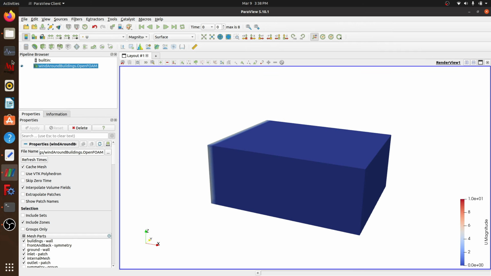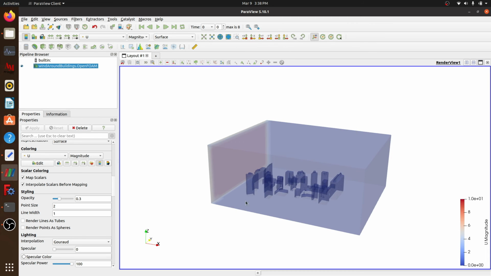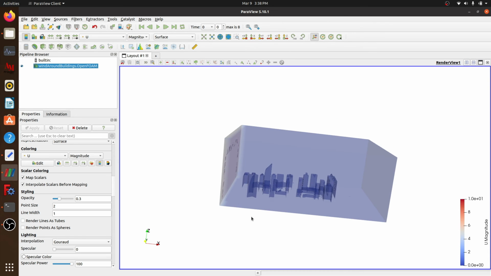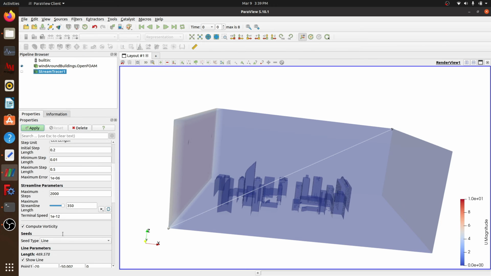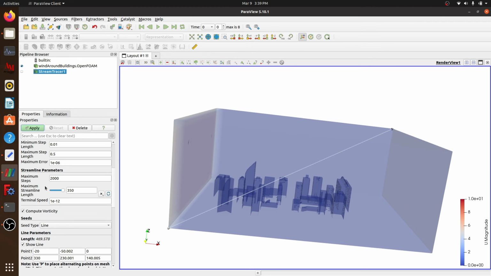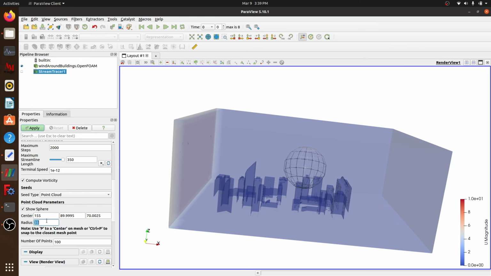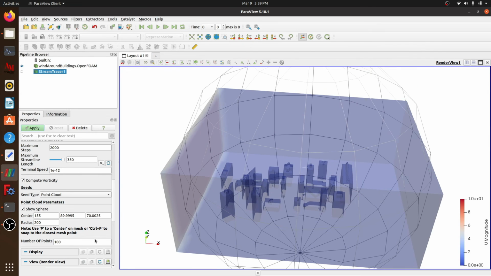And now let's reduce the opacity, and for viewing the velocity we will be using stream tracer. It will show streamlines across our domain. We'll use a point cloud and we'll increase its radius like 200 or something. Oh, now yeah, it is capturing complete. And if I click on apply,